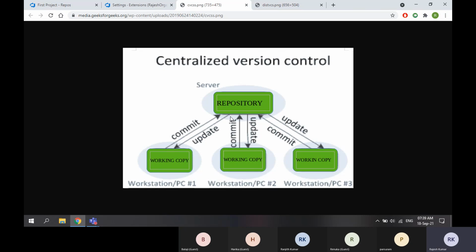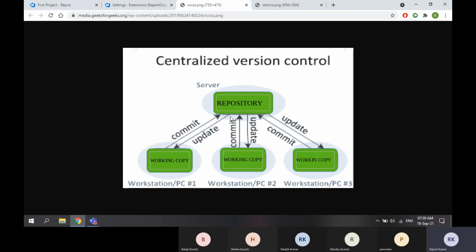If someone tries to access the same file, SharePoint will tell them that they can access this file, but they cannot modify anything, because the other person is already modifying it. It will give you only read access, but it will not allow you to change anything. So this is kind of problematic in centralized systems.